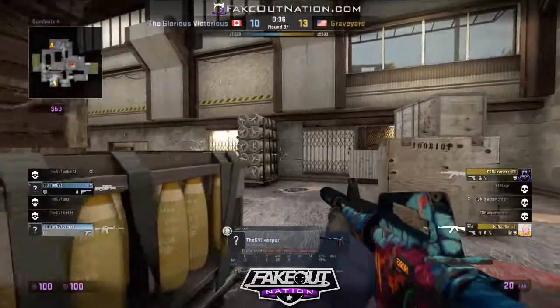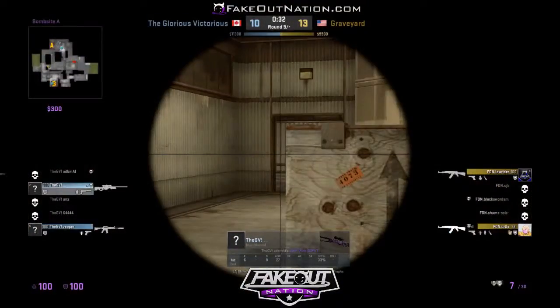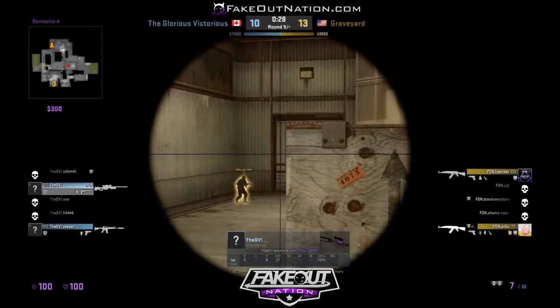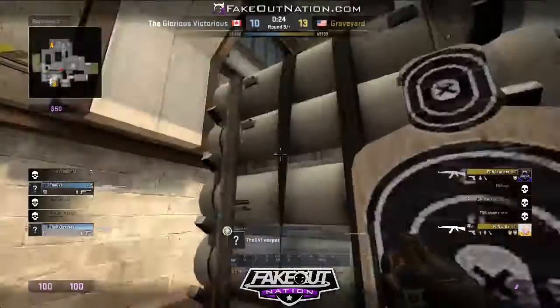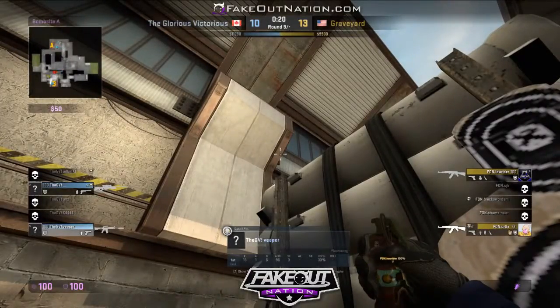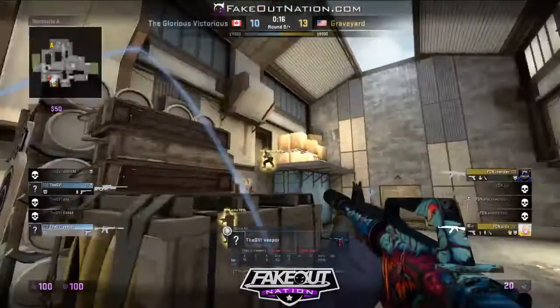Ideally, which site do you think you'd rather want to rush? The one with the op or the one with the M4? Well, typically, I would say you would want to rush B versus an op. But with the op on A...